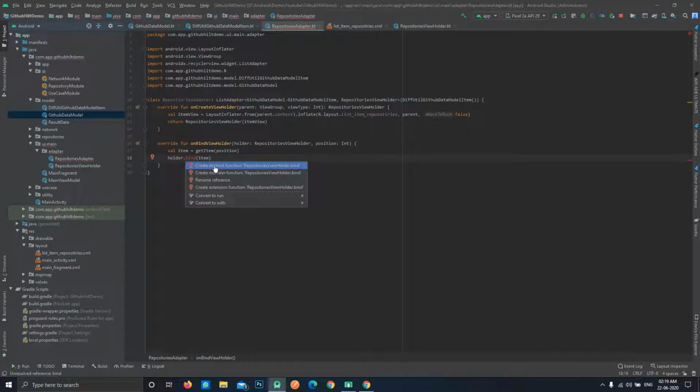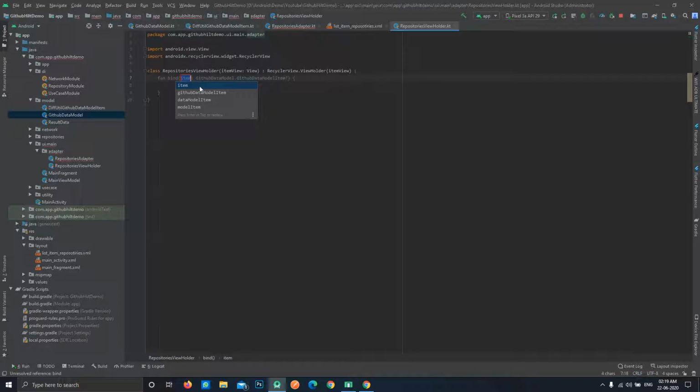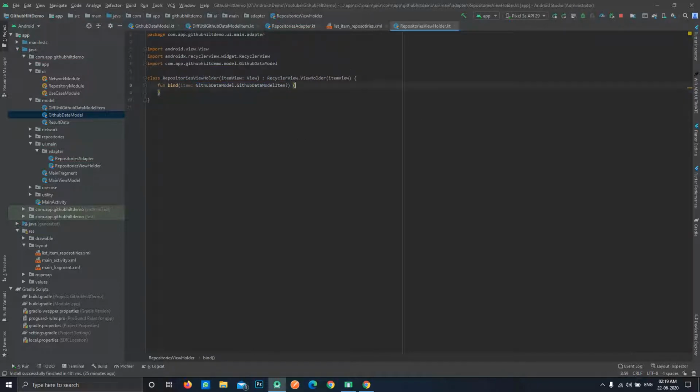We are not creating an abstract function, not an extension function, not even renaming it, but we are creating a member function. So just click over here, and it will automatically create the function with the type we have specified. You can see that the type of this item will be this.